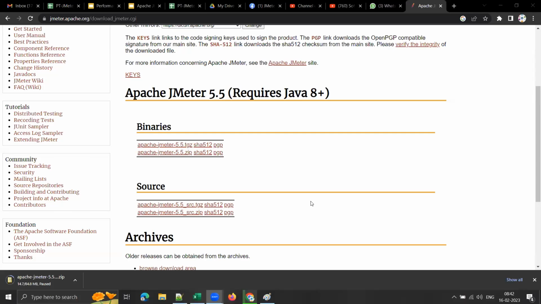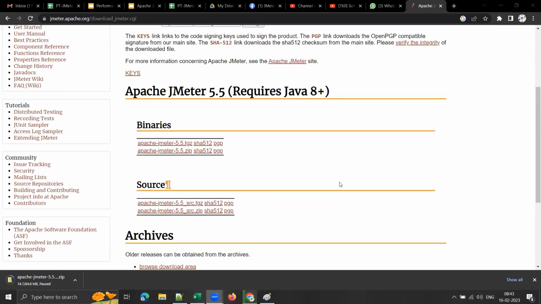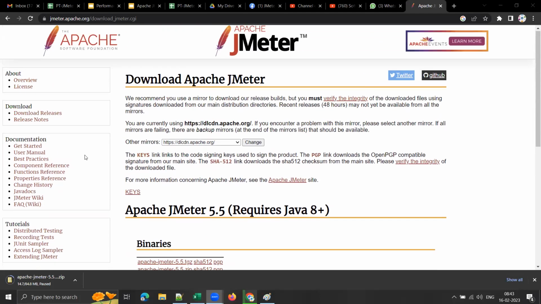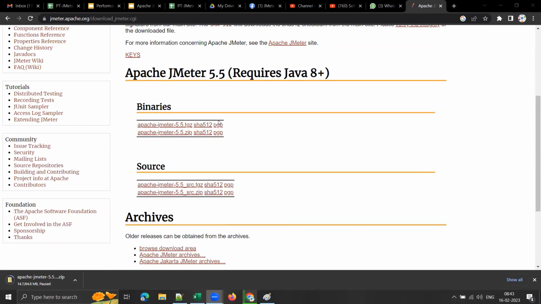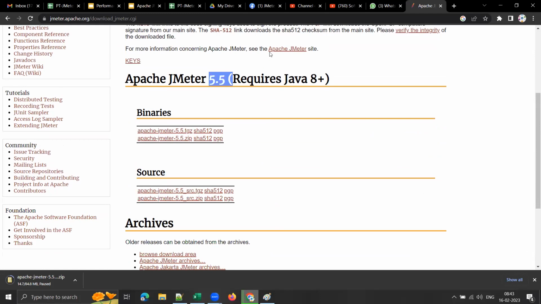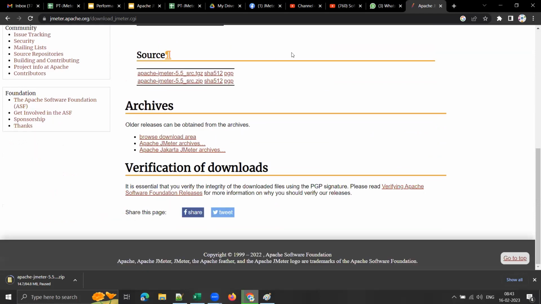Yeah. So there is a question from Lakshmi asking that, if we want any older version of JMeter, how to download it? From where can we download that, right? So you can go to archives. There should be a link called archives over here. So below that Apache JMeter 5.5 itself, there is something called archives folder, isn't it? So click on Apache JMeter archives,